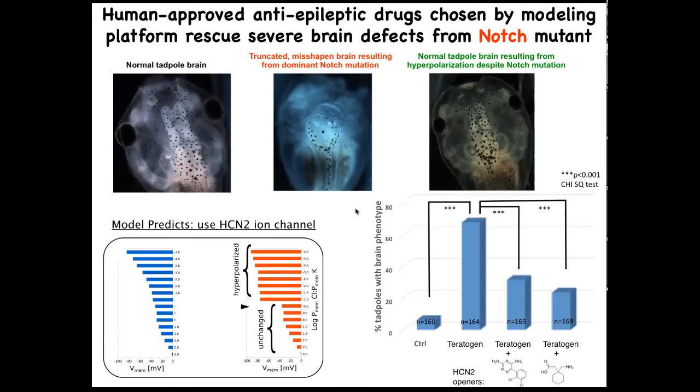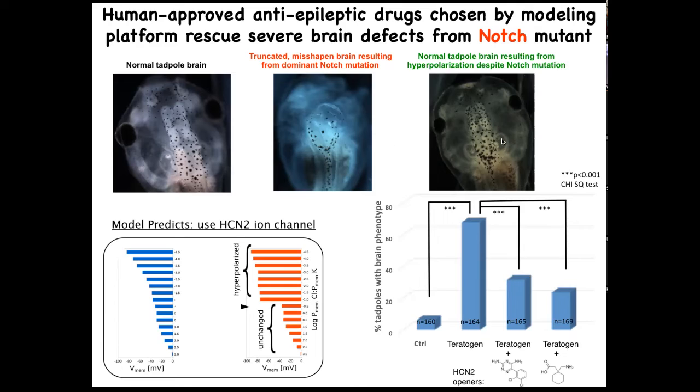It turns out that if you upregulate HCN2 channel activity, just like the model said, either by injecting new HCN2 RNA or by using drug openers of existing HCN2s, and these are human-approved anti-epileptics, you get back to the correct brain. In fact, these animals have not only the right brain shape, but they have the right gene expression in the brain, and they have their IQs back,